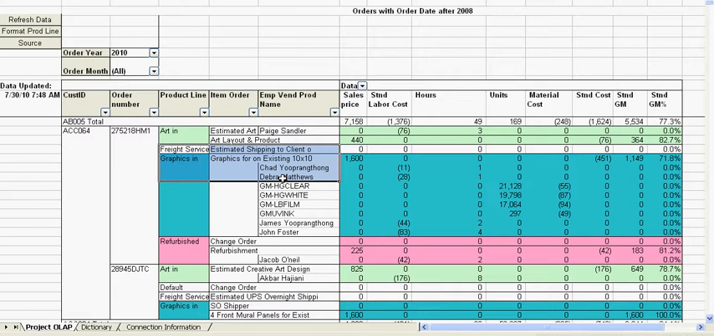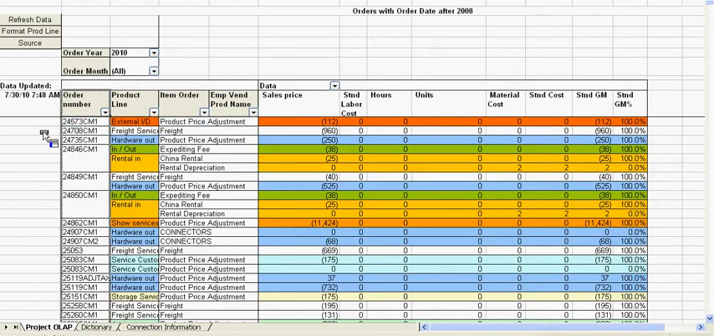Now, this particular report is great for a project manager, department head, someone that is trying to analyze individual orders or a customer. But let's say that you're a little bit up the food chain and you're trying to look at the company on a product line basis. Well, that's really easy to do, because what we can do is just drag and drop the items that you don't want off of here,